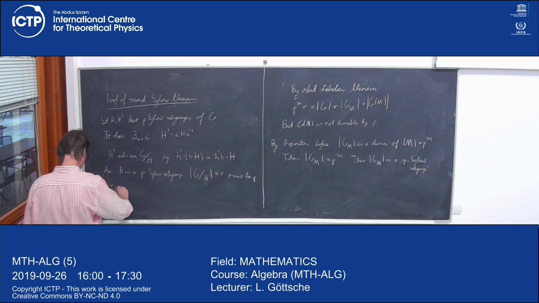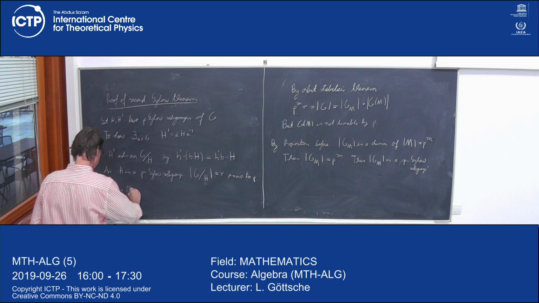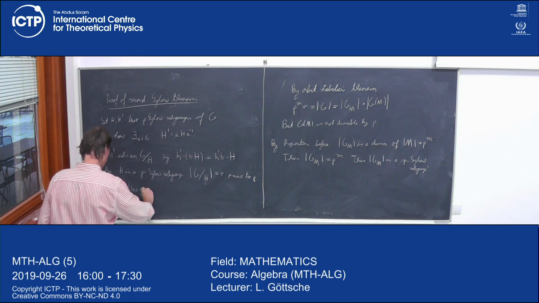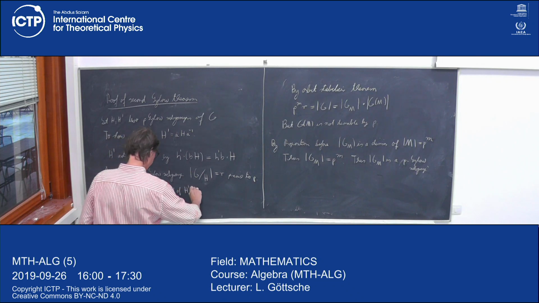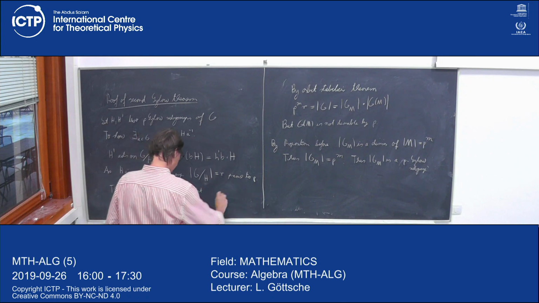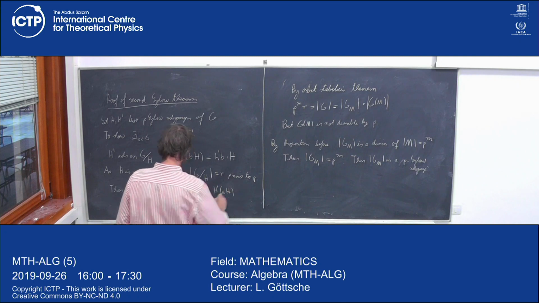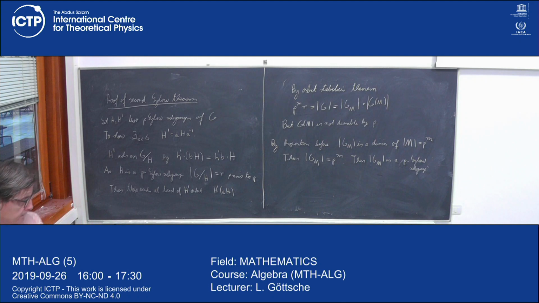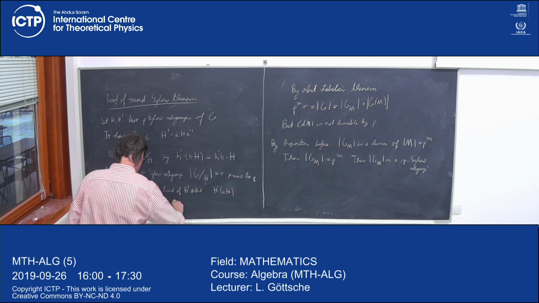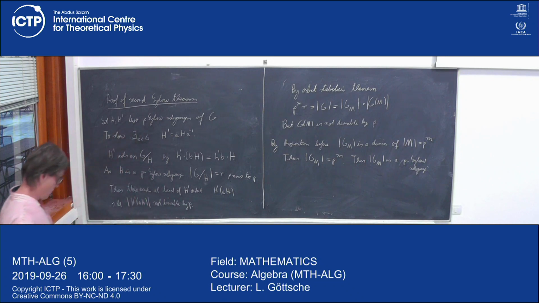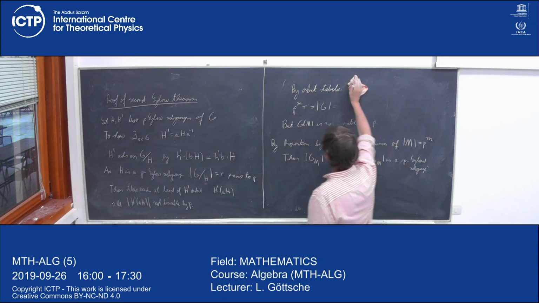So thus there exists at least one H prime orbit, and I write this H prime of AH, where this will turn out to be the A you want, such that the number of elements in H prime AH is not divisible by P. Okay, and then I think we apply again the orbit stabilizer theorem